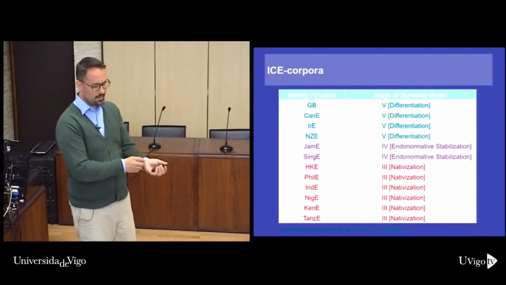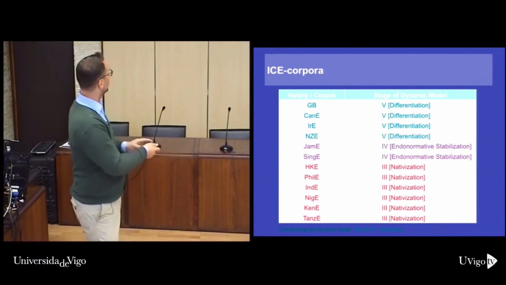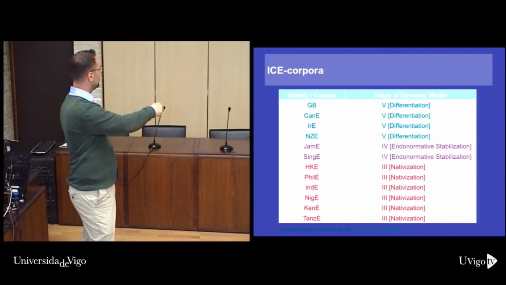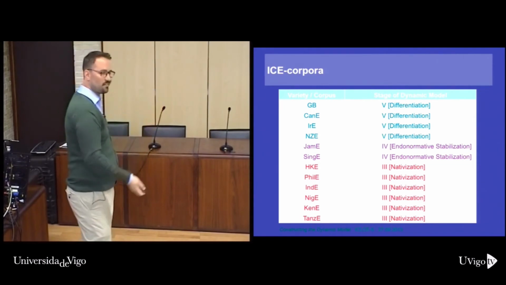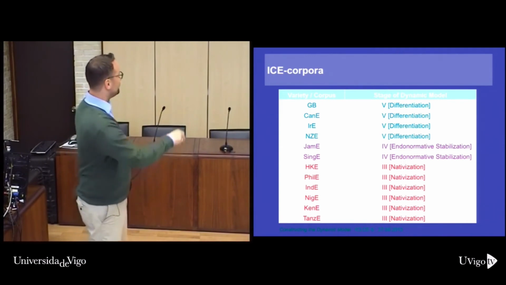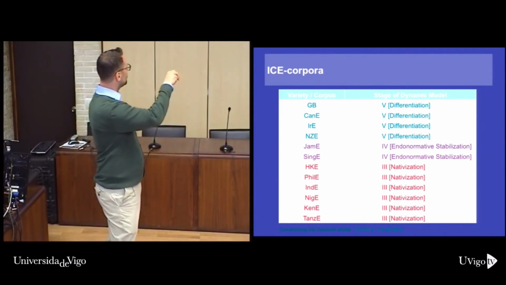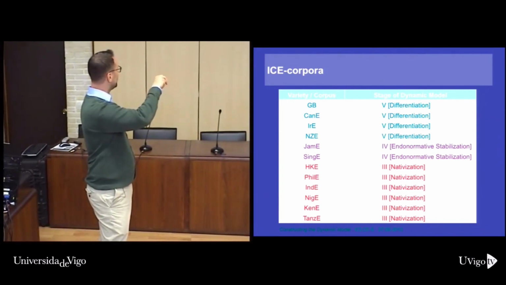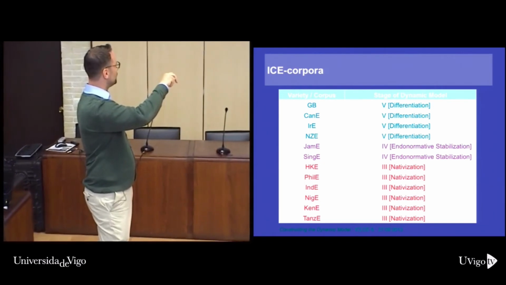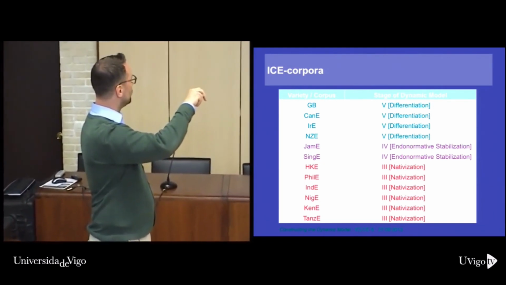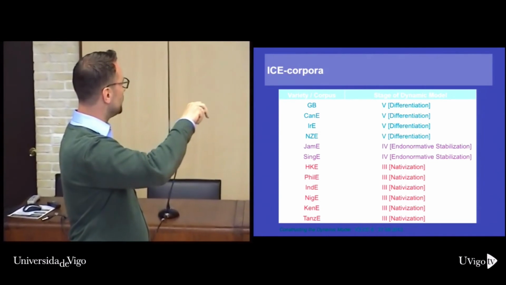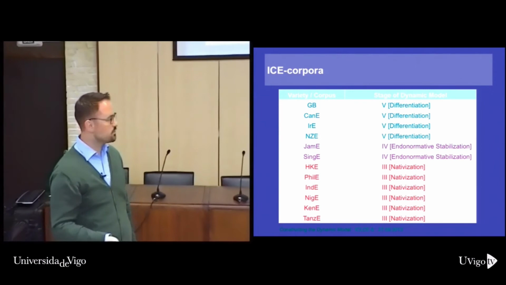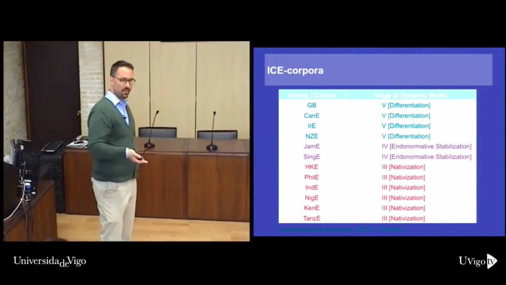Okay. And then I classified the corpora that I had for British English, Canadian English, Irish, New Zealand, Jamaican, Singapore, Hong Kong, Philippines, India, Nigeria, Kenya, and Tanzania, the classic kind of ICE corpora. And I classified these according to the dynamic model, because British, Canadian, Irish, and New Zealand English are put under differentiation, stage 5. Jamaican and Singaporean English are under 4, though probably on the move. And those are all in stage 3, the nativization stage. Politically, historically, identity formation-wise, and if you look at the linguistic effects that they have.